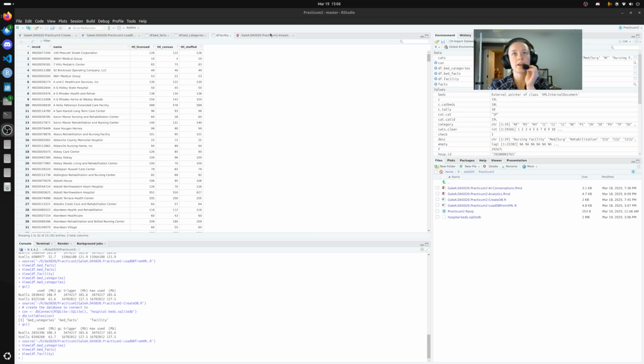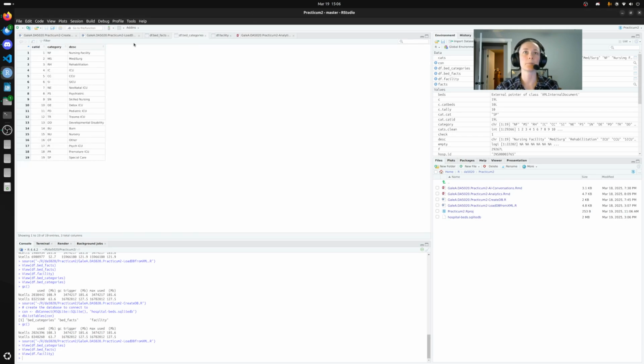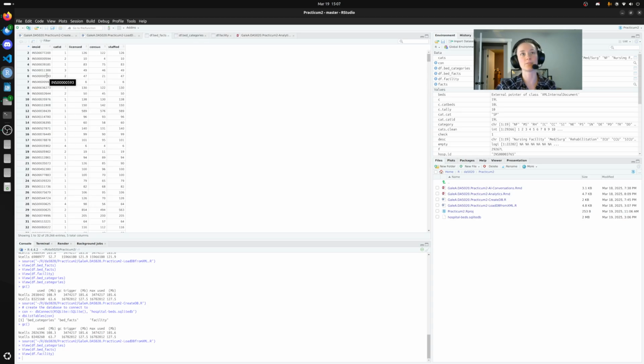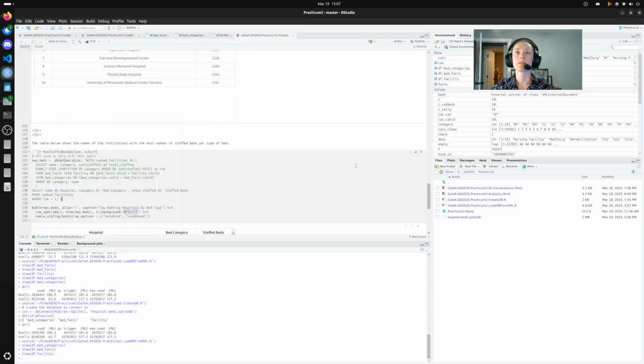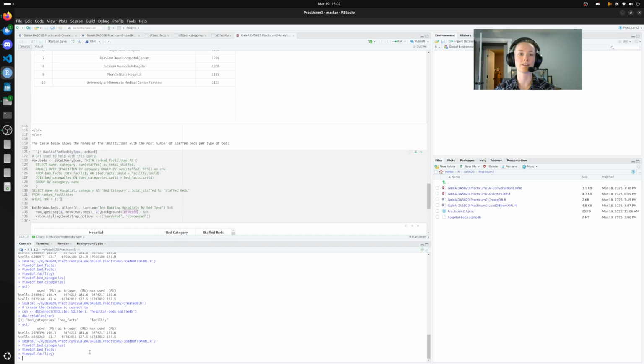All right, so we have our data frames here completely filled in. I made sure to check the calculations by hand, make sure that everything was running smoothly. We have our bed categories, just the 19 distinct types of category, and then our bed facts, which is the multiple categories within each hospital. There's a row for each one. Those are what were ultimately written to our database, and we can check to make sure by just clearing our environment again, just proving that they are within